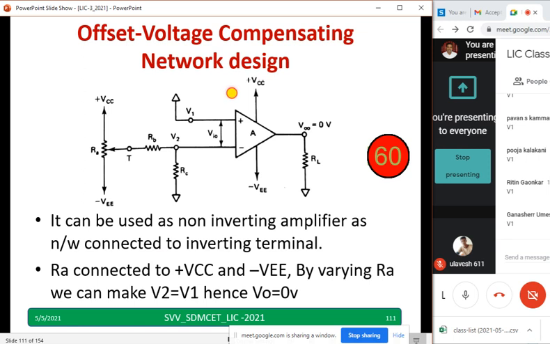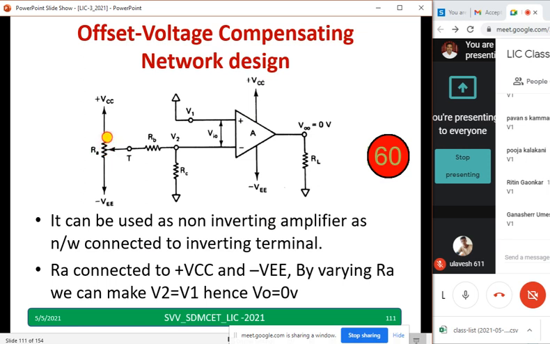How to do it? Sir, I don't have pin number 1 and 5. It is a different op amp where I want to make output equal to 0. How to do it? VOO, output offset voltage equal to 0. Say one terminal I will ground it. Second terminal I do the arrangement like this. I have RA, I have RB, I have RC. Now, if it is at the center, it will be 0.